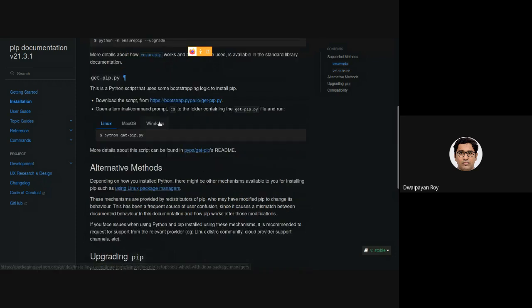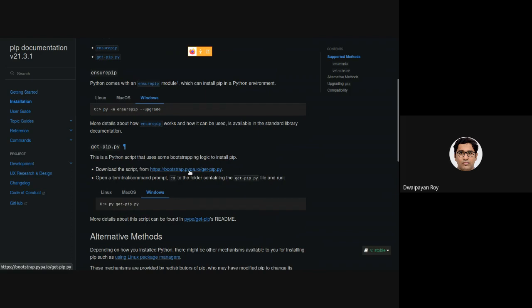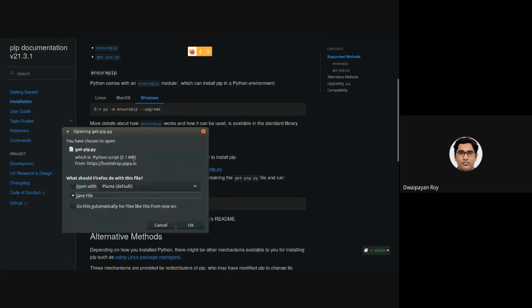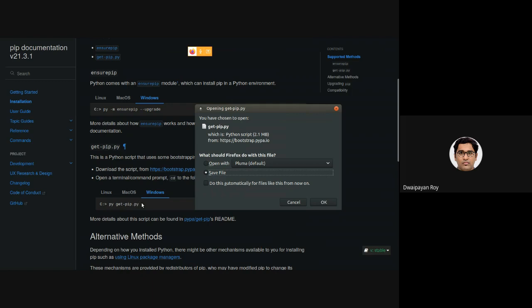So here for Windows, you just need to get here. Sorry, this is the 2.1 MB file get-pip. You need to download this get-pip file and execute it using this command. Py will be available as long as you have Python installed in your operating system.